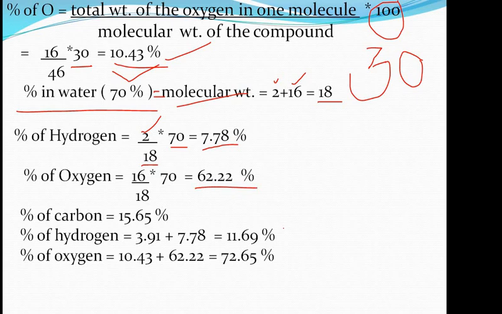Now there is a question coming in your mind, ma'am, why we are not calculating here the amount of carbon? Because water, what is the formula of water if we talk for that? It is H2O. Is there any carbon present in this formula? No. When there is no carbon present in the formula, then how can we calculate the percentage of carbon in that formula? So understand this thing.